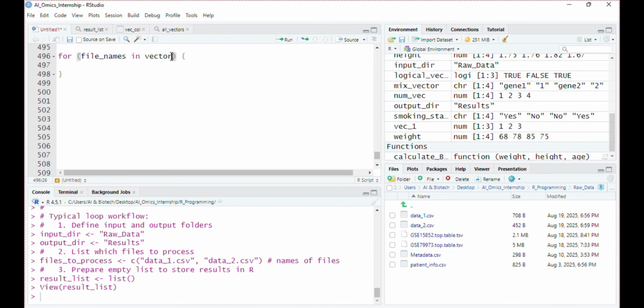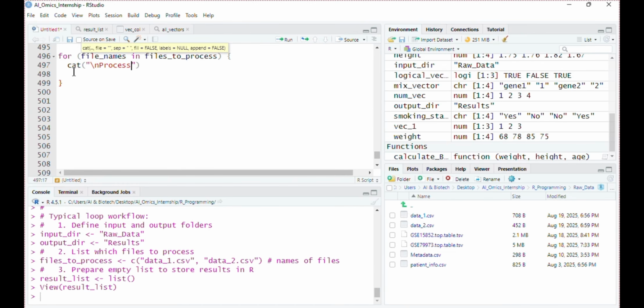When we are working with a loop function, the important thing is we want to track our progress, how the loop is working. If we have any error, any type of mistake, the loop will stop immediately. So to ensure processing at each step, we can add a cat function that works the same as the print function, but you can customize it. It will just pass the message with customized outputs.